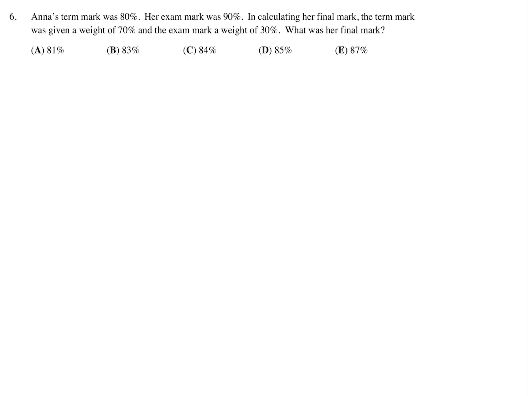Anna's term mark was 80%. Her exam mark was 90%. In calculating her final mark, the term mark was given a weight of 70% and the exam mark a weight of 30%. What was her final mark? So we've got 80% on her term mark, and that was given a weight of 70%. So like that. And then her exam mark was 90%,